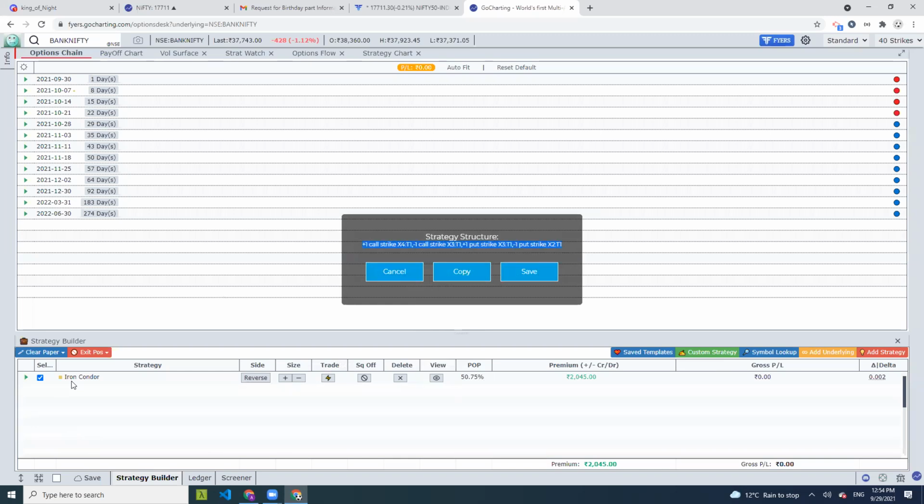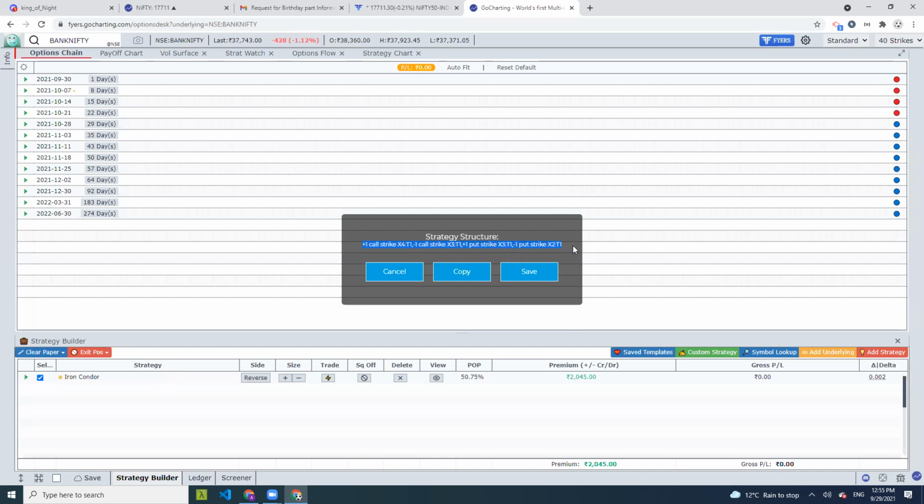So any strategy, either from the built-in strategies or from the option chain that you create, the system will automatically assign a formula to it. Now, what is the use of this formula? I will explain later. How do you build a formula like this on your own, through scripting, is probably a more profound and deep subject that will require a separate webinar focused only on this. So I'm not going to go into this, but what I'm going to explain is every strategy in options chain that you create in the strategy panel will automatically get assigned a formula.